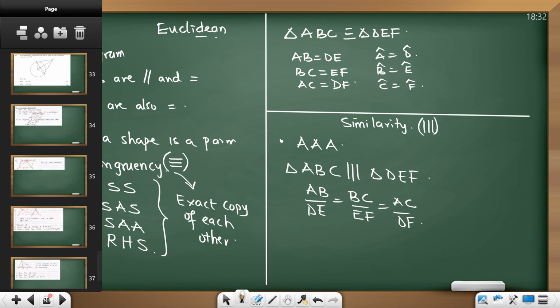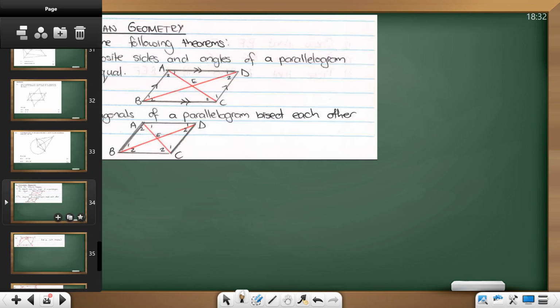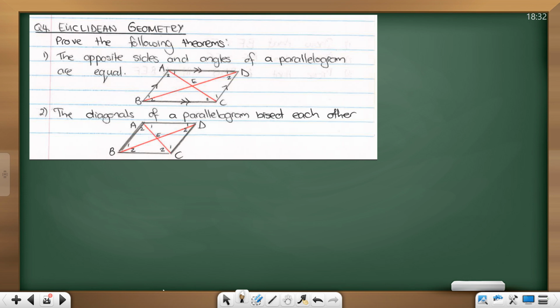I'm just going to apply them quickly. Following theorems: the opposite sides and angles of a